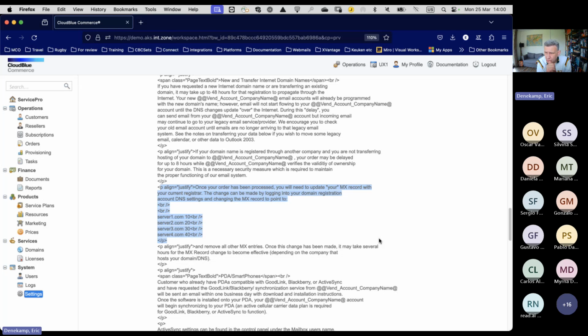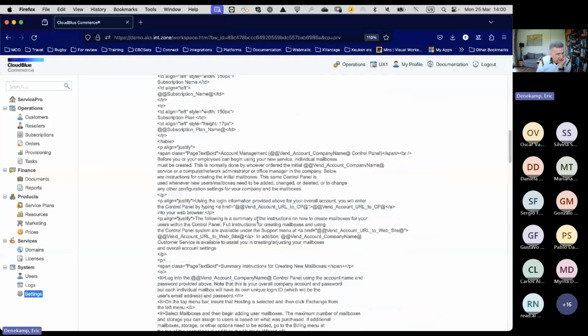Another reason why I'm using this as an example is that you have to think about what am I sending out. Am I sending out HTML messages? Am I sending out plain text messages? Or am I sending out possibly both? I'm going to show you where to set that up, by the way. The thing is that